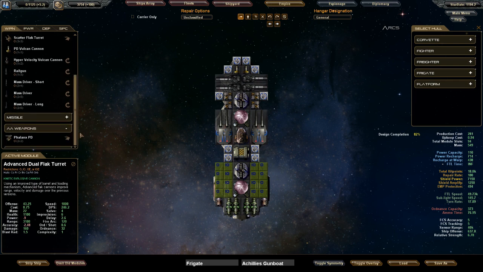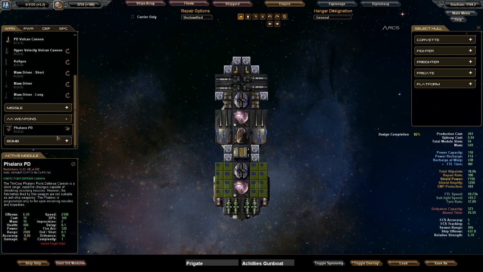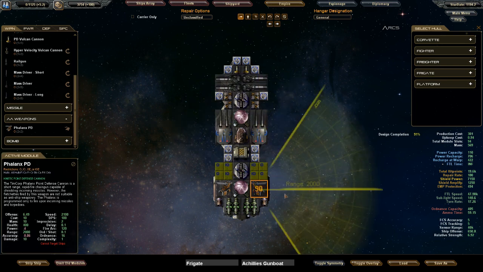So what are these AA? Oh yes, so this is one of the things that we researched, these Phalanx PD weapons. Now, they can't target ships, but they are great, apparently. I've never used them, but apparently they're good at taking care of missiles. So we could put maybe two on the rear, and if I click that, right,